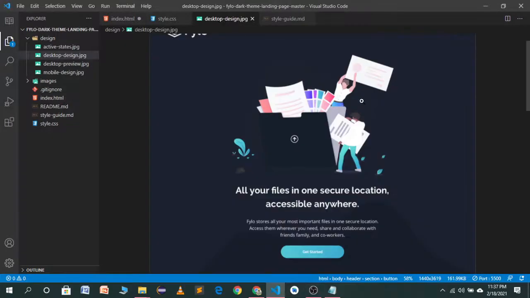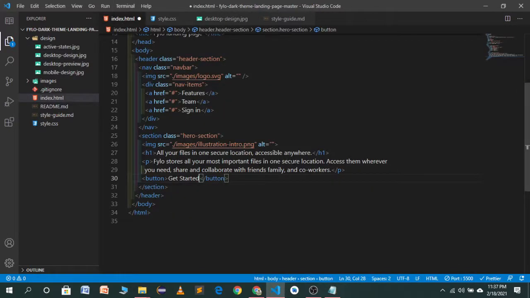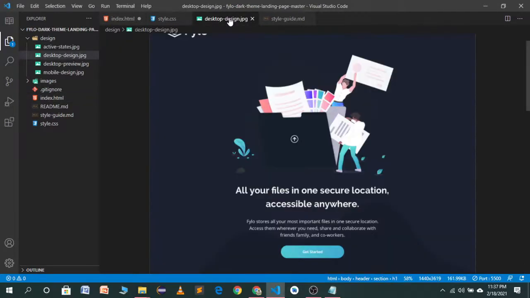So in the demo design you will see we want a line break after location. So we will use a br tag for a line break. In HTML basically we use a br tag for line breaks, and in the paragraph we want a line break after location and width.